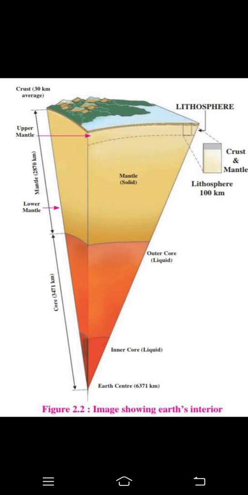Now we'll study about the outer core. The outer core extends from around 2900 kilometers to 5100 kilometers. The secondary waves cannot pass through the core. They get absorbed in this region. This has led the scientists to believe that the core could be liquid or semi-liquid in nature. The primary waves travel through this layer, but the speed reduces when passing through it.